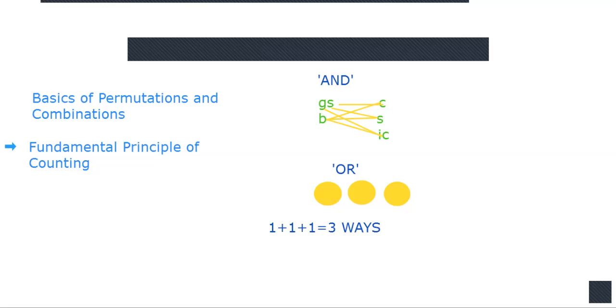And there is one more way of doing it simply. Like we have two main course items here and three sweets here. What we do is we simply multiply these items to get the total number of ways. So that will be 6 ways.